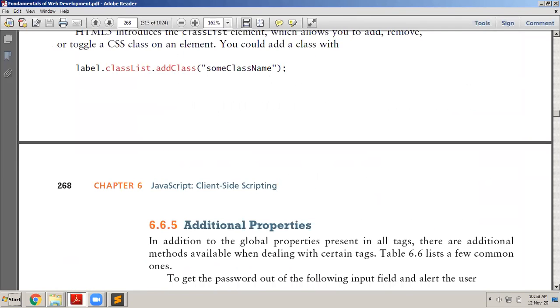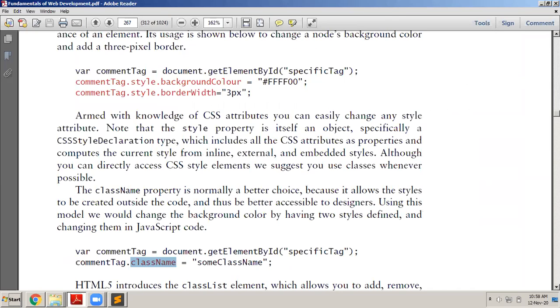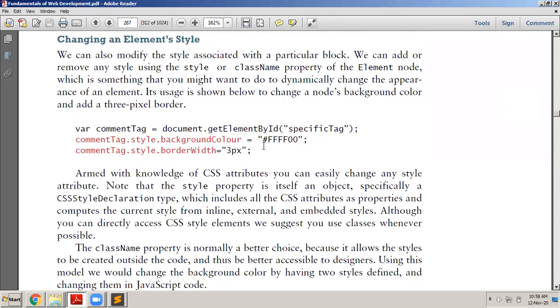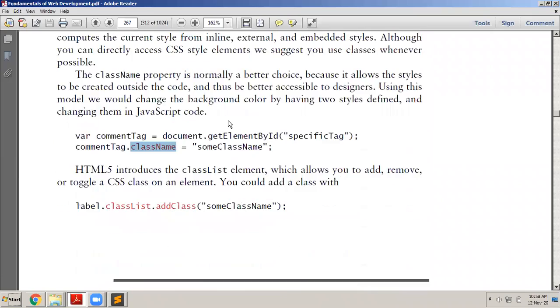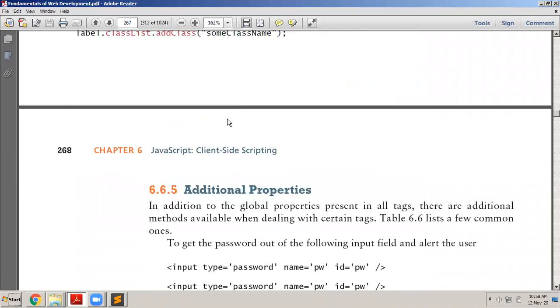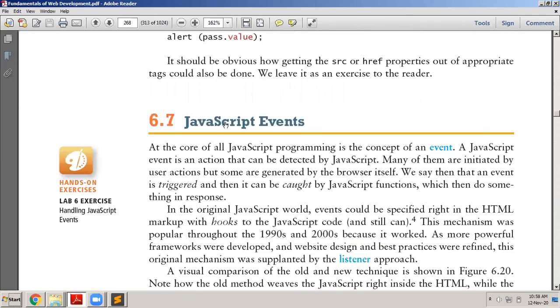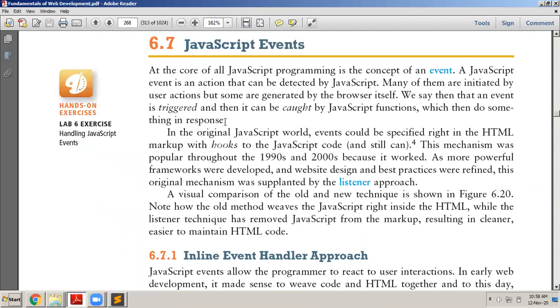This is important to understand: what is a document object model. The document object is used for accessing elements individually. And why do we have to access them individually in JavaScript? Because dynamically we should be able to change the content and style of that tag. There are various properties and methods available to do that, and we have discussed that already. So please go through that and try to remember at least 5, because in the examination they will ask you that. Okay. Next comes JavaScript events.